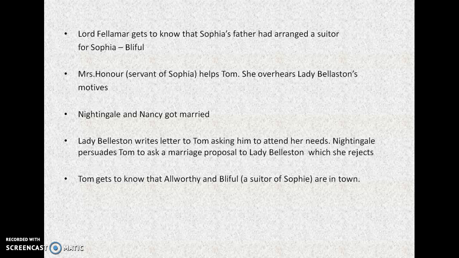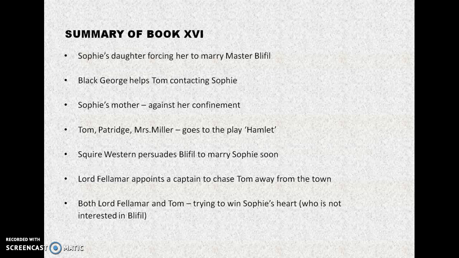Horner writes to Tom saying that she can no longer help his case with Sophia because Lady Bellaston is now her employer. Patridge discovers that Black George is also in town with Alworthy, and George tells Patridge that they have come for the marriage to Sophia. He is willing to take a letter to her from Tom. So this is the end of the 15th book, and the 16th book starts with Sophia's